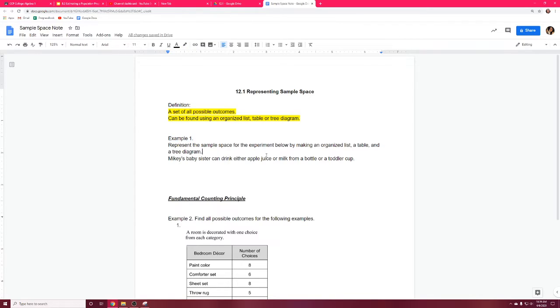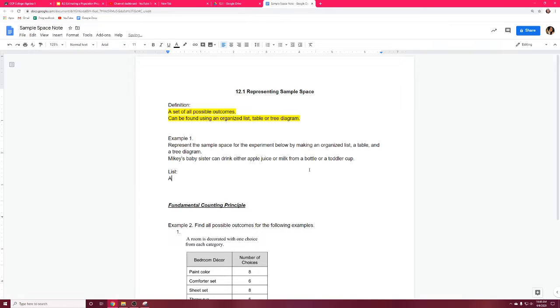Let's look at example number 1. I want you to represent the sample space for the experiment below by making an organized list, a table, and a tree diagram. So here's the situation. Mike's babysitter can drink either apple juice or milk from a bottle or a toddler cup. So over here we have two options, apple juice or milk, and it's from a bottle or toddler cup. If you think about the combinations, if we want to make a list,